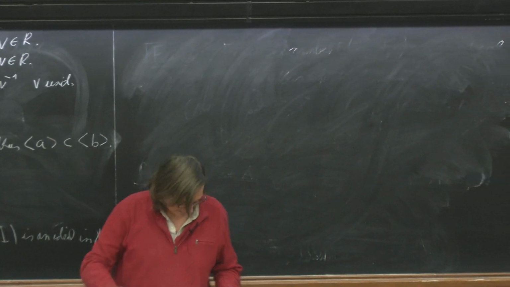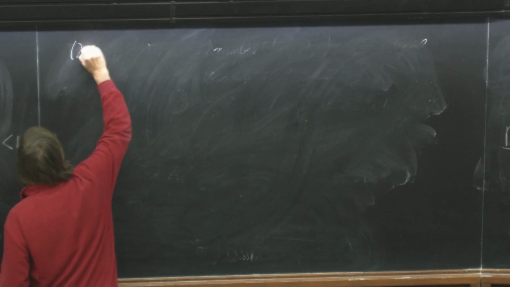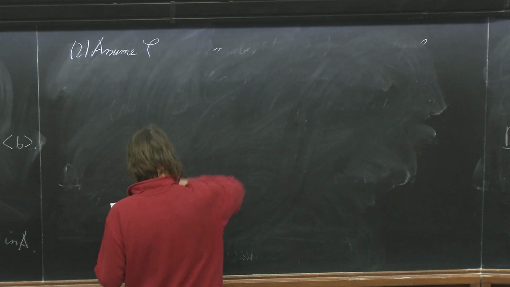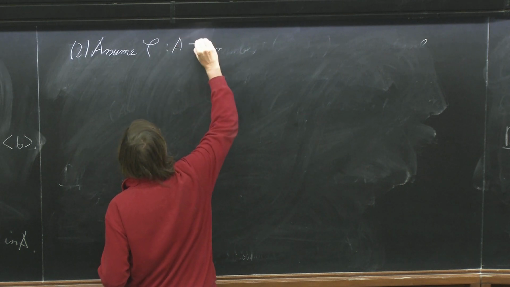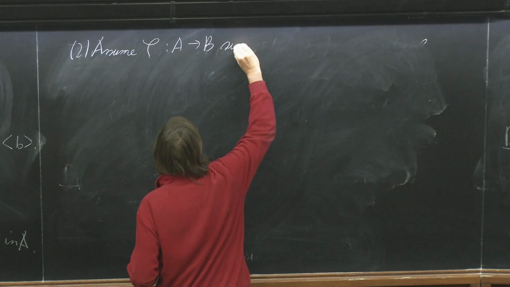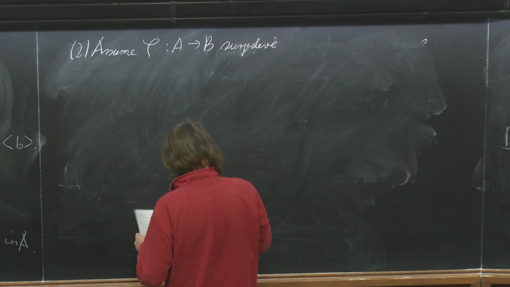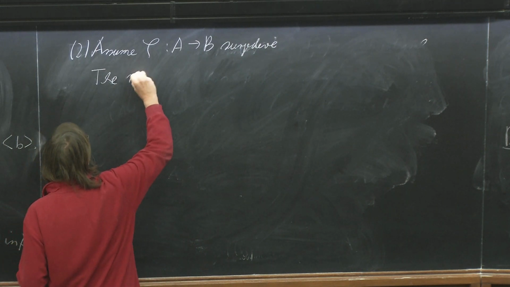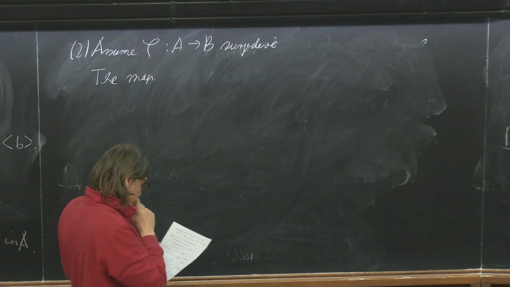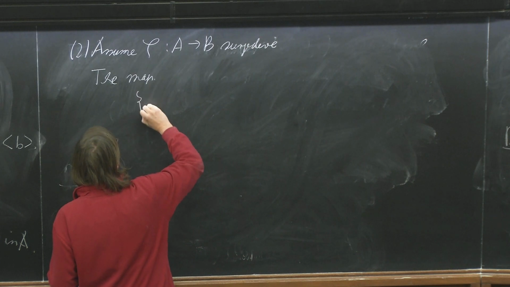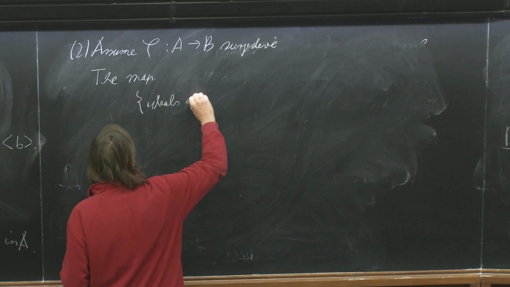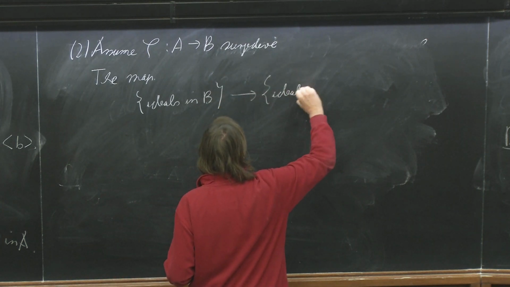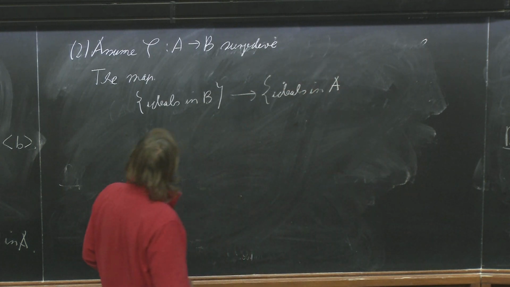It says that, so assume phi from A to B is now also a surjective ring homomorphism, then the map from the ideals in B to the ideals in A, which contain the kernel of phi,